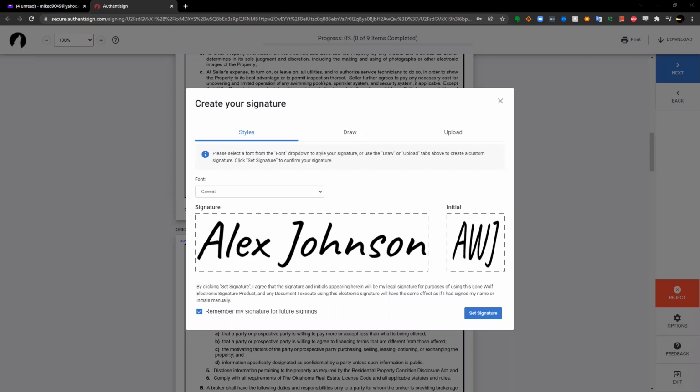Does that make sense? Yeah, no, I understand. So when you have somebody that's wanting to do an in-person signing, previously we used to have the option to do an in-person signing, but it would be sending you as the agent the email, and then you just open it on your device, allow your client to interact with your device and do their signatures, everything digitally. And that was the quote unquote official in-person signing process. Not too many people were using that, so they ended up getting rid of it.